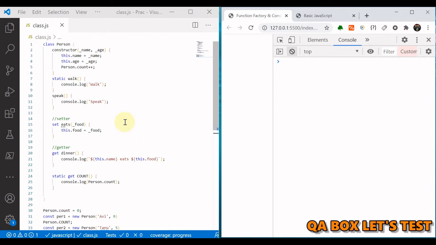And let defines the scope of that property within that function's opening and closing curly braces. Okay, but we are working with classes, and how can we have private